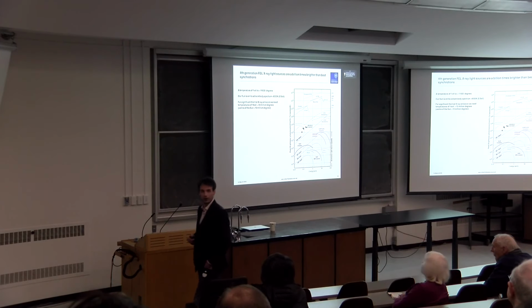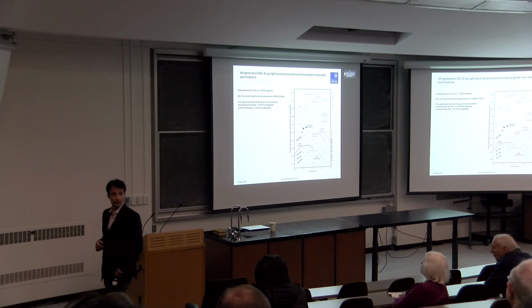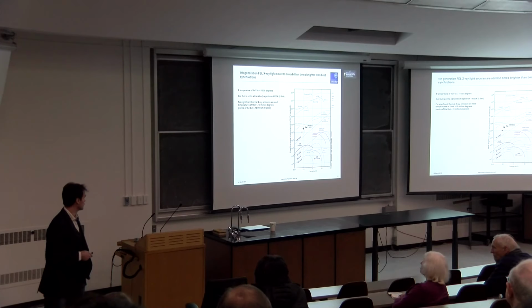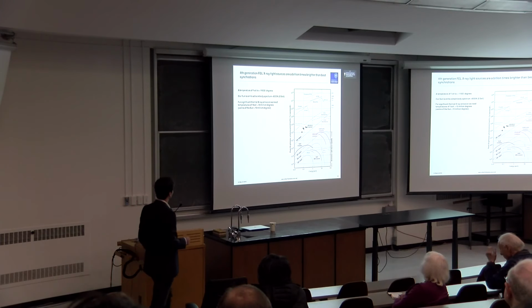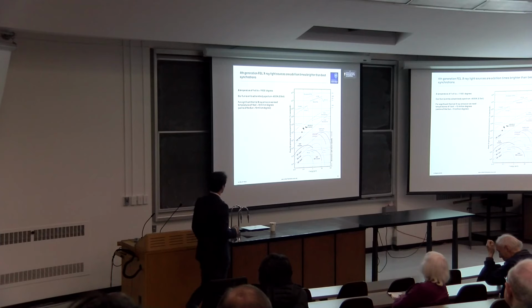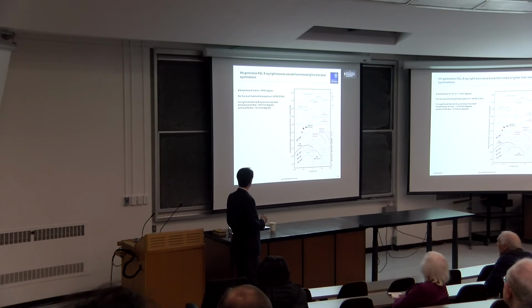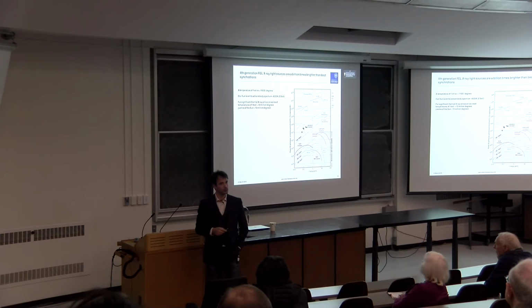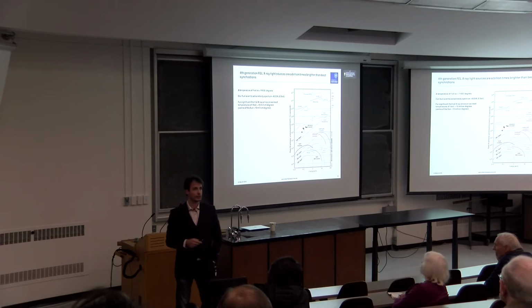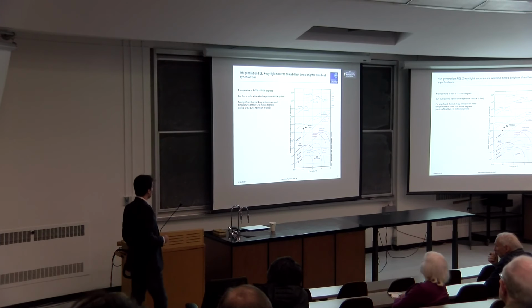You can ask yourself, how hot does that source have to be to give you a black body spectrum of that sort? You can go through that, and you'll find out that actually it has to be quite hot, right? So to get a black body emission that peaks around 1 kilovolt, you need to go to the temperatures in the core of the sun. So that's quite hard to do, right?